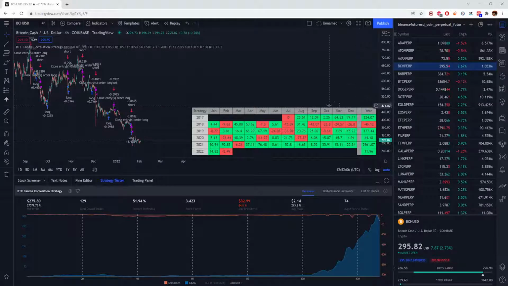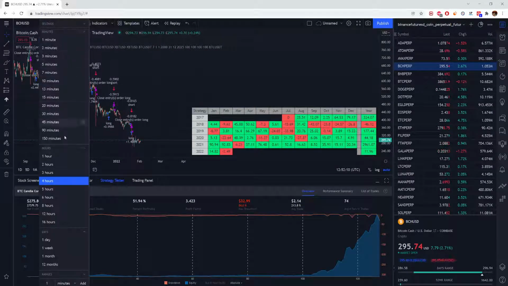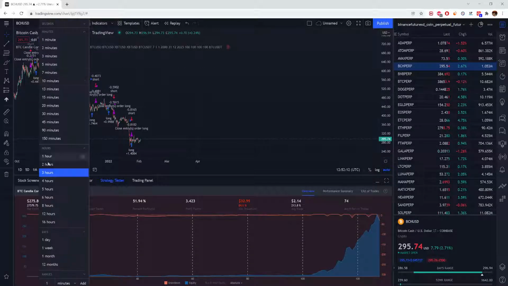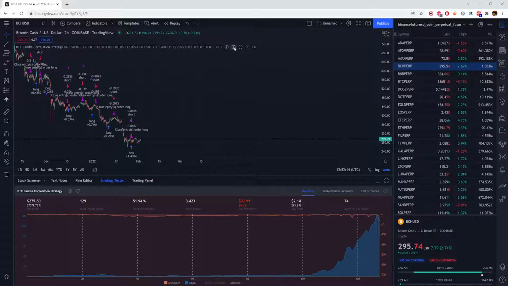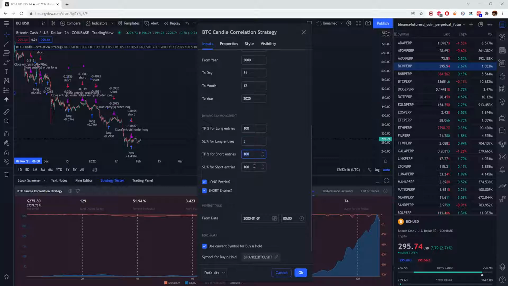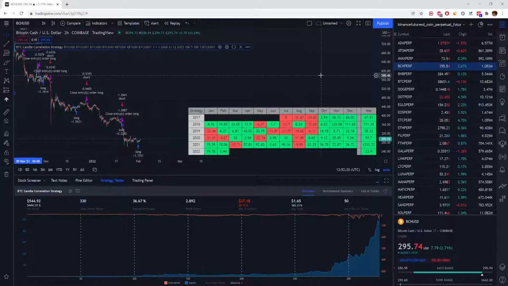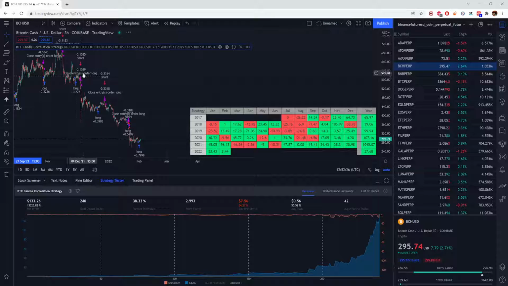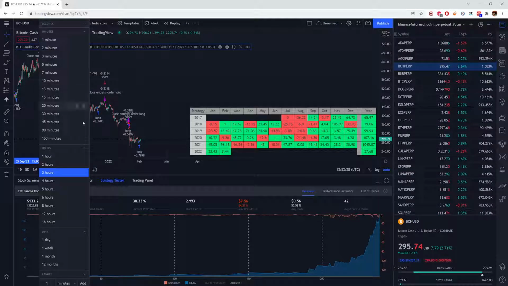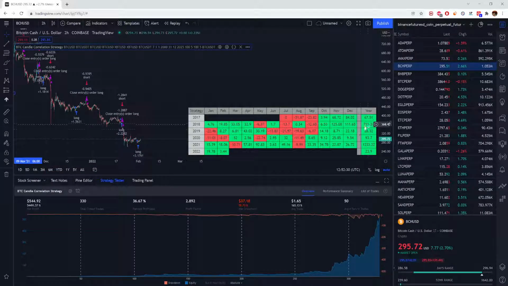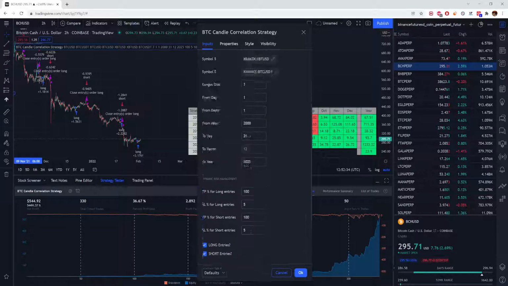5 years it defended itself again, but failing on 2018. However, if I go with 2 hours, and I recommend here, for example, to use some stop losses, we can see that if we use a stop loss, we can defend ourselves like each year, you know, even with 2 hours or 3 hours, it can defend and it can be profitable at the end of each year. But yeah, I noticed that I was using, I believe,